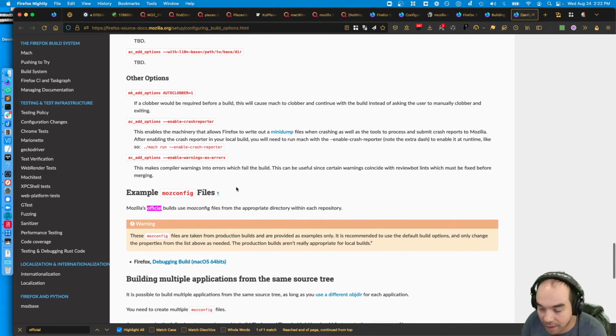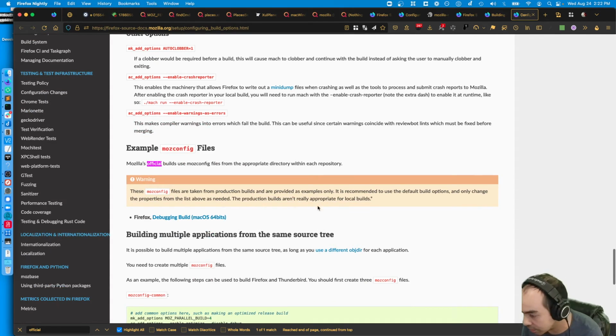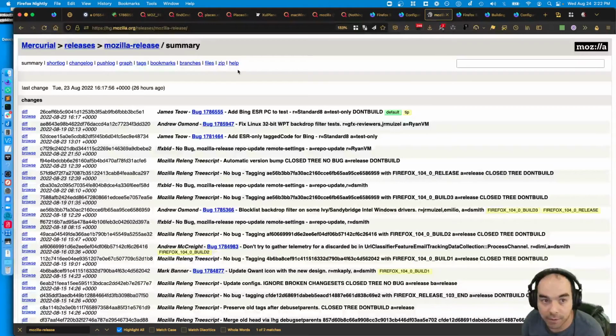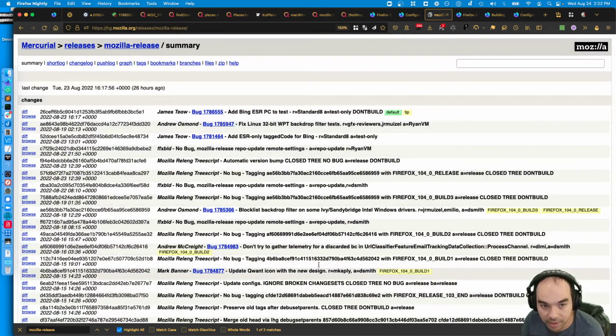I concur. Yes, it is possible, but you probably don't want to. Like, you probably don't want to use the branding. What if you want the code, but it looks like kind of got the nightly icon? You're going to want to clone the Mozilla release repository and then use mock build there. And that will give you effectively the release version of Firefox. It's just not going to have the official branding.